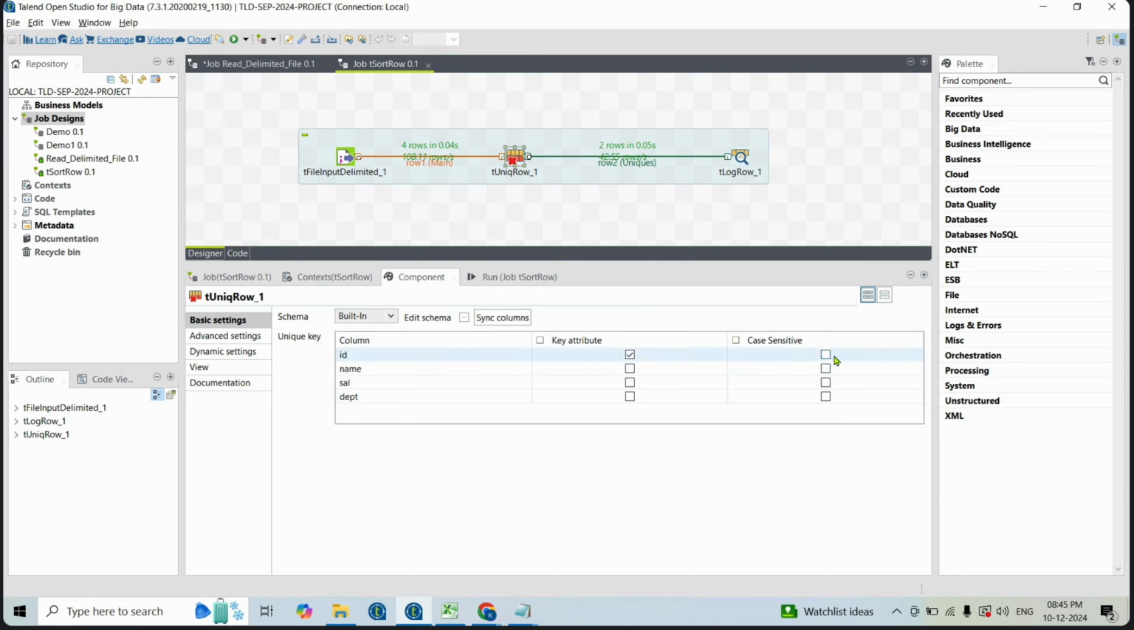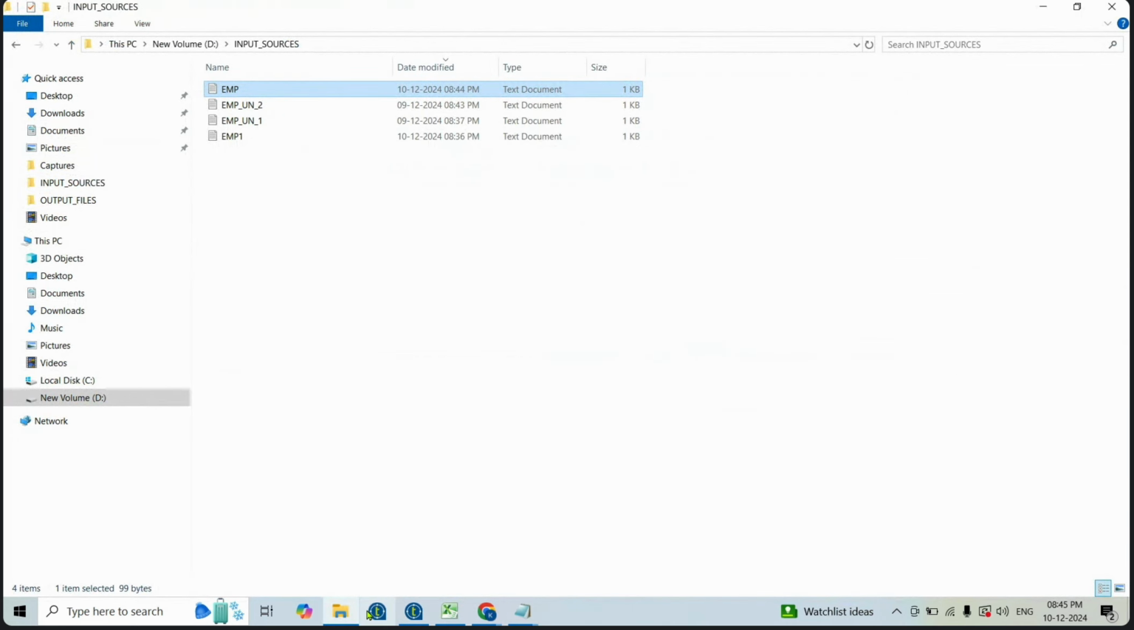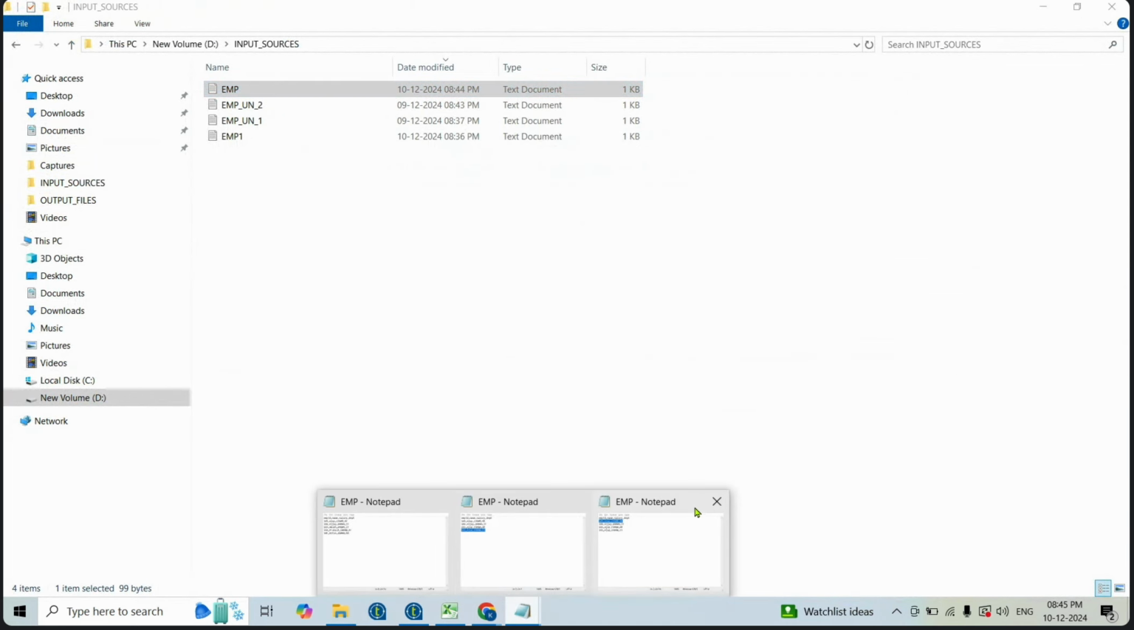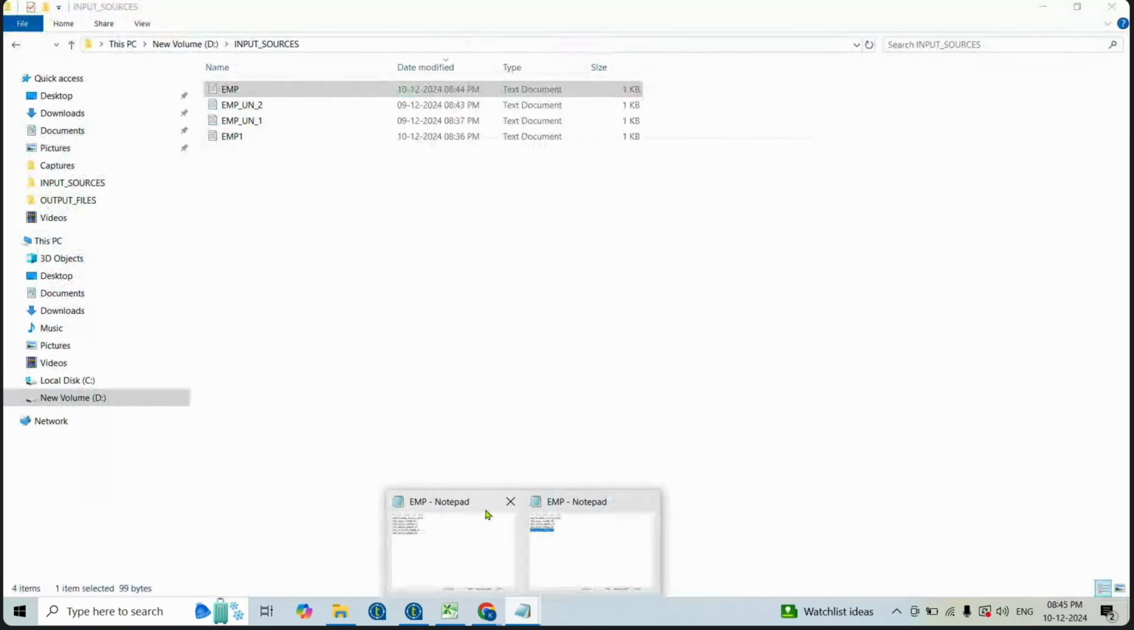Okay, here one more checkbox is there. Case sensitive. You want to check it as case sensitive or non case sensitive. As of now, I didn't check it as case sensitive. If it is case sensitive, then what it will check is when it is validating the data against any other record,